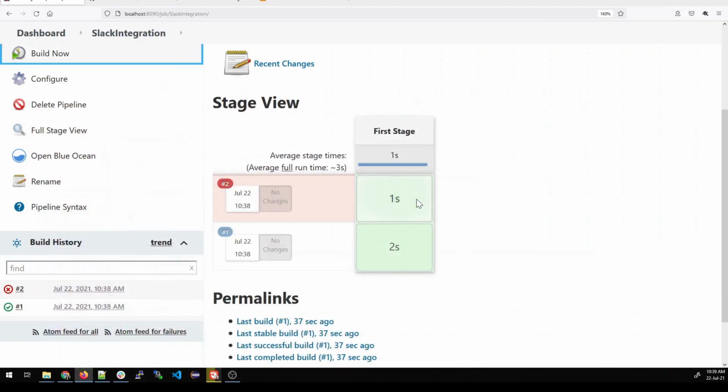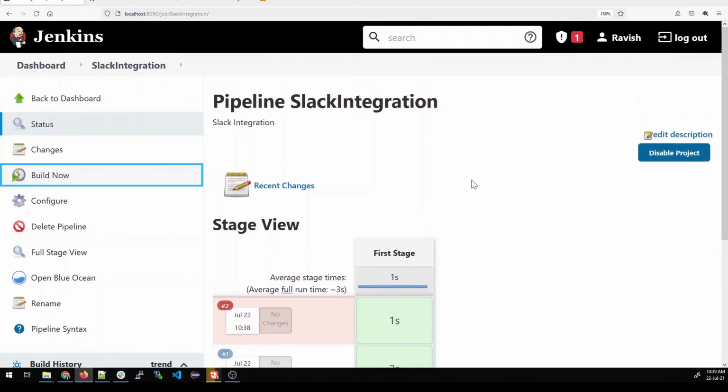So we have talked about the basic scenario in which we can pass a build, fail a build, and throw it on the channel which we created on Slack. So that's how we use Slack, and that's how we do the basic integration. There are multiple things that you can do on Slack, and it's very expandable. So that's what you can do.